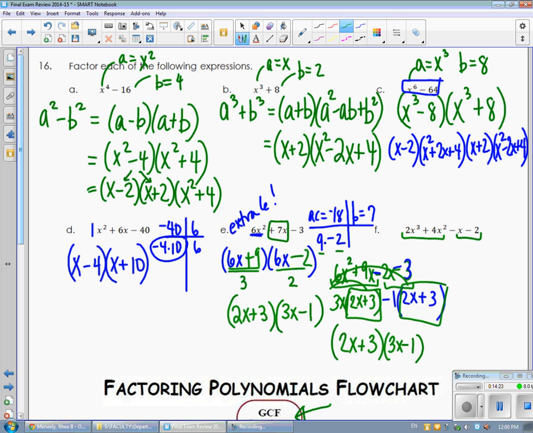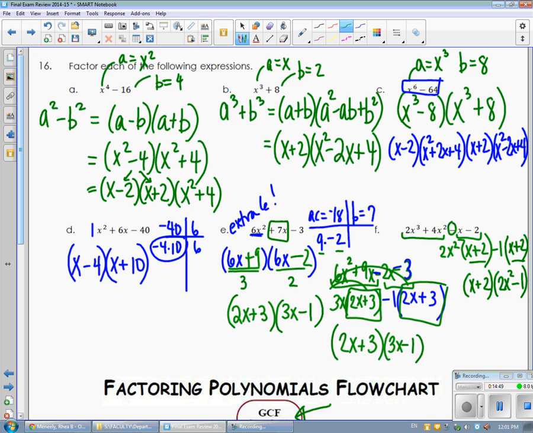And so with the 2x cubed plus 4x squared, I can pull out a 2x squared. And that leaves me with x plus 2. Notice again, I've got a minus here, so I'm going to pull out a minus 1. And I'm going to divide both of the next terms by negative 1. That's going to also give me an x plus 2. Now it's the x plus 2 that I have in common, so I'm going to pull that out in front. And that leaves me with 2x squared